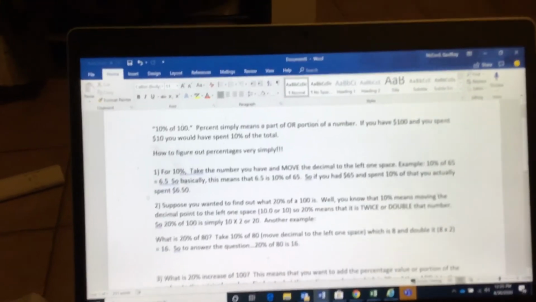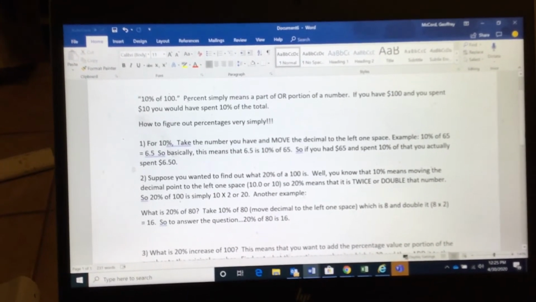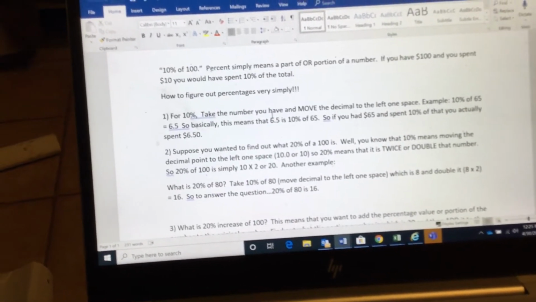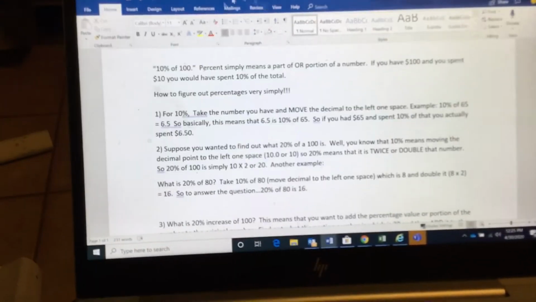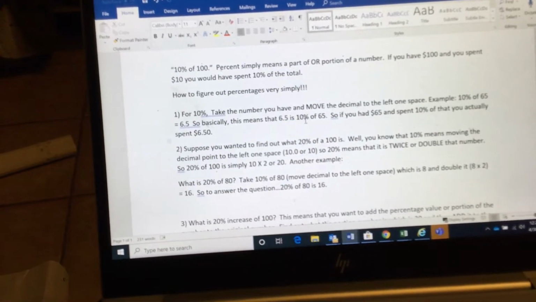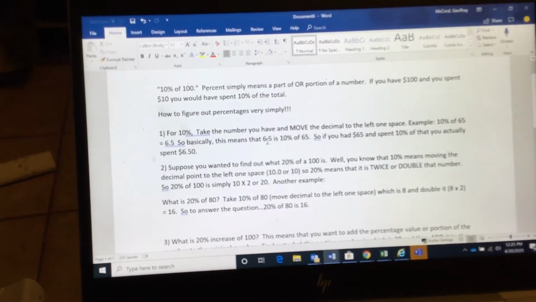All right. Before we get into the budget exercise, we're obviously going to continue with our budget activity. I want you to just briefly look at this. We're going to be talking about percentages in our budget. So this whole piece of paper that I've got in front of me is going to help you a lot to complete your